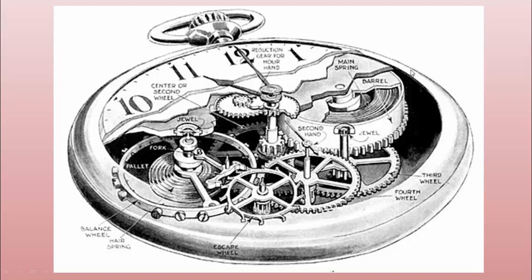So there is a knob over here. We use that knob to tighten this spring. The mechanical energy of tightening the spring is stored inside the spring, and as the potential energy stored slowly gets converted into kinetic energy, these various gears rotate, and because of the rotation of these various gears we get the motion of these hands. So this is a very small example. For example, this kind of watch will fit in the palm of your hand.